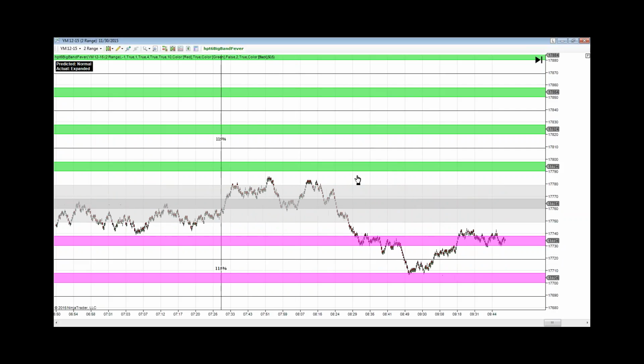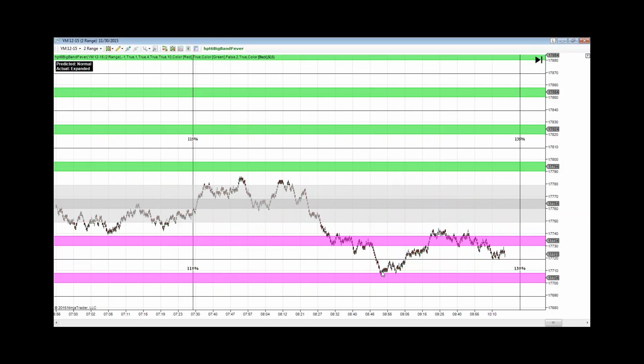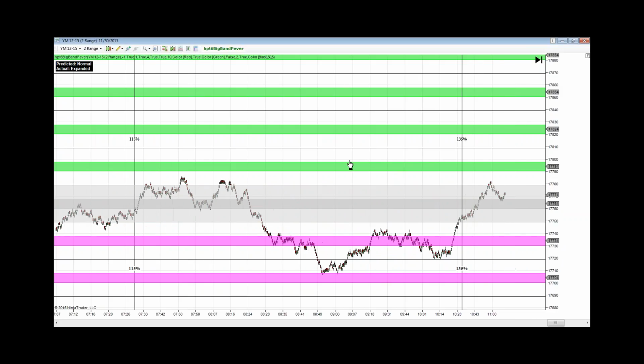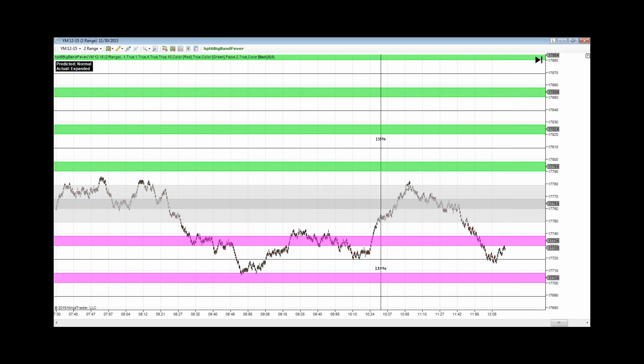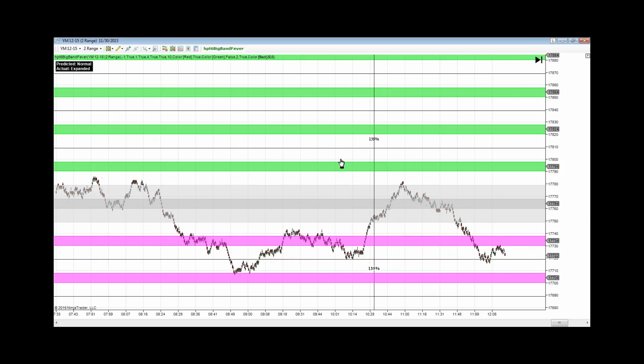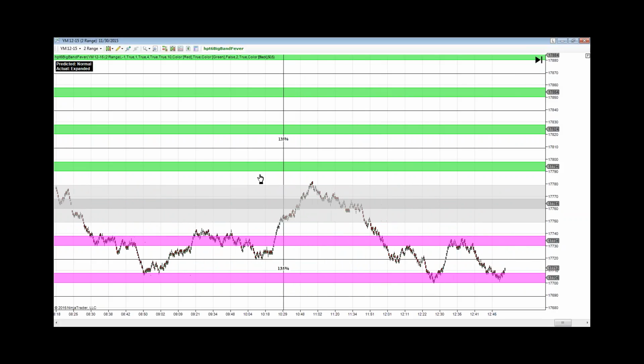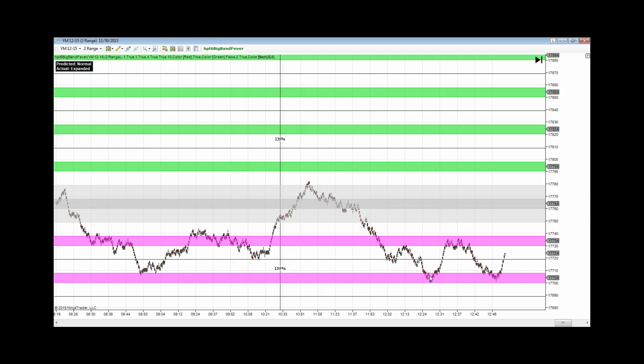And indeed, the market came down, tested it, rallied back up for a nice, about 30 tick gain, and then continued much higher from there. Still time left in the session. Came back again, rechecked the level,